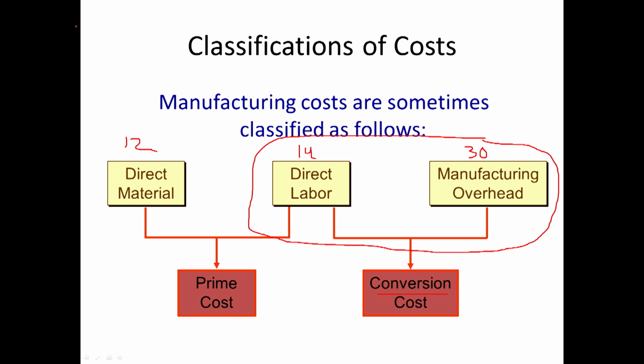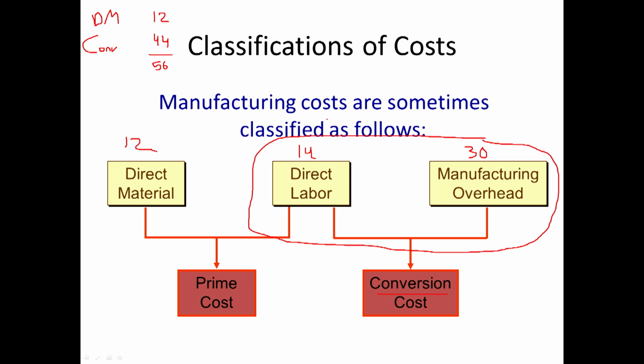Okay? So there might be other companies that say our direct materials are $12 per unit. Our conversion costs are $44. Is that right? Okay. And that still adds up to 56, correct? Now, we'll talk in the next chapter about why they sometimes put direct labor and manufacturing overhead together. But I want you to know that there are companies that do it those ways.